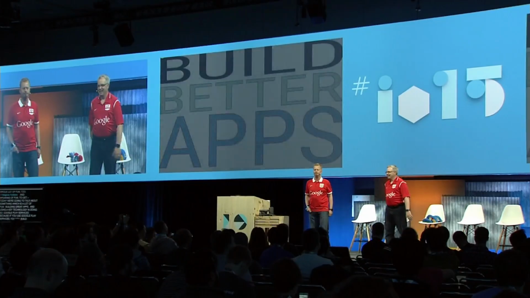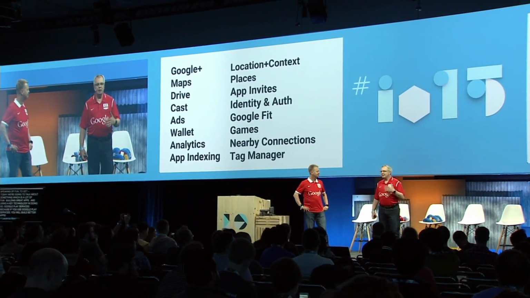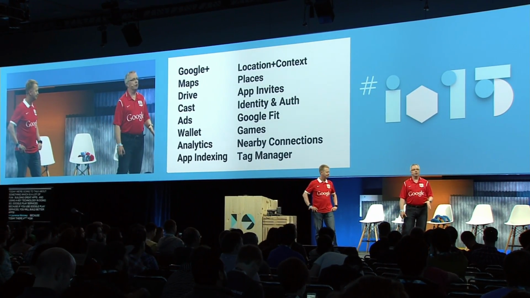And speaking of fun, today we're going to talk about something which is a lot of fun, building great apps and using a key technology in doing so, Google Play Services. Because if you use Google Play Services, you will build better apps. Because today there are now more than 17 top-level APIs in Google Play Services, and we're adding new capabilities all the time. And these APIs are available to you as a developer so that you can build these better apps that Magnus is talking about.